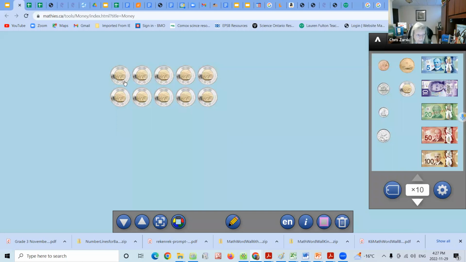I could skip count by 5, 5, 10. Okay, that's all I can do, but it's skip counting by 5s. What's the number of coins I see? 10. What's the value of the coins? That's a good question to ask so that they know the difference between the number of coins and the value of the coins. So now I'm going to count by 2s. 2, 4, 6, 8, 10, 12, 14, 16, 18, 20. So having that conversation not only gave me skip count practice, it also lets me discern whether or not they know the difference between the number of coins sitting in front of them and how much money you have. What's the value of the coin?